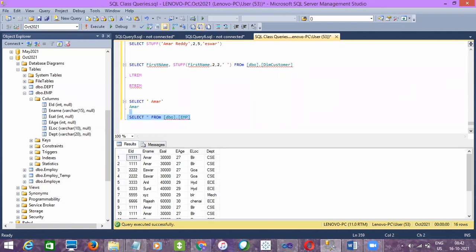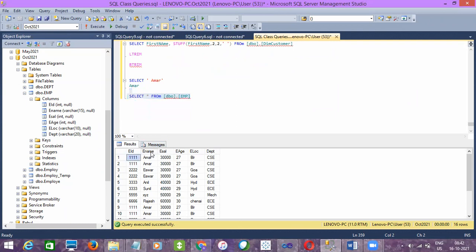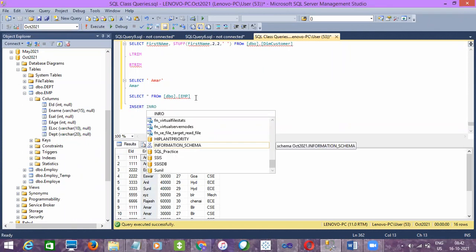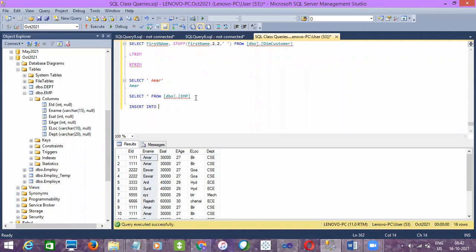Right. So here I have a few values, already existing names. Let me insert a few more values here with spaces. Insert into EMP values. And then here I'll insert, do I have any value called ABC? Yeah, there is no value called ABC. So the employee ID is 9999 and the value is, I'll give ABC.